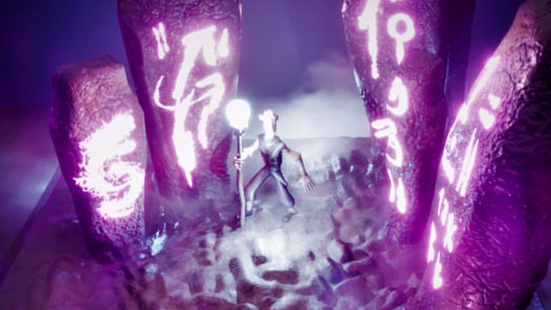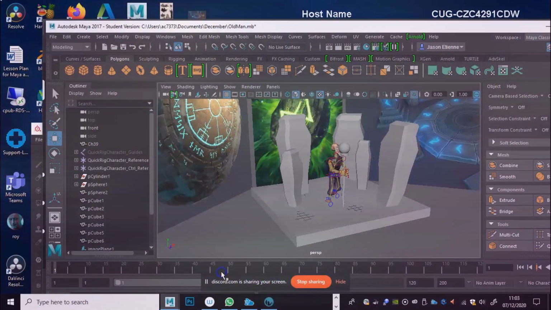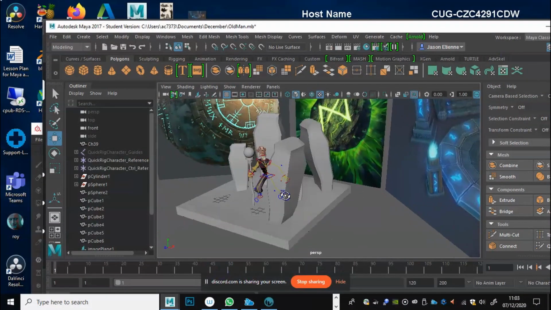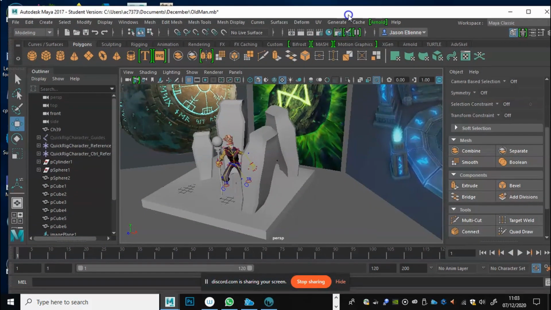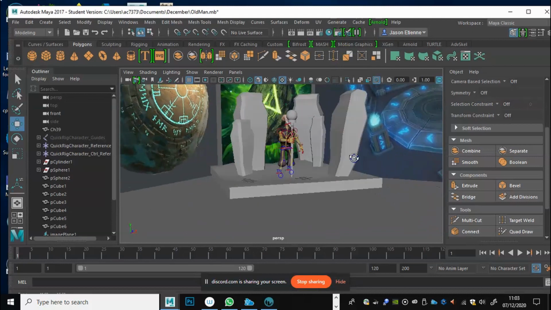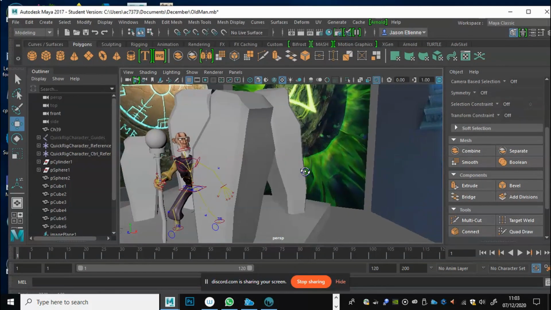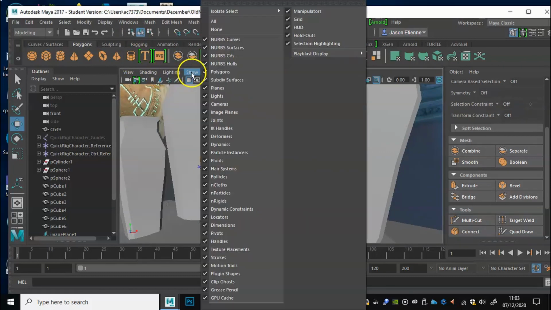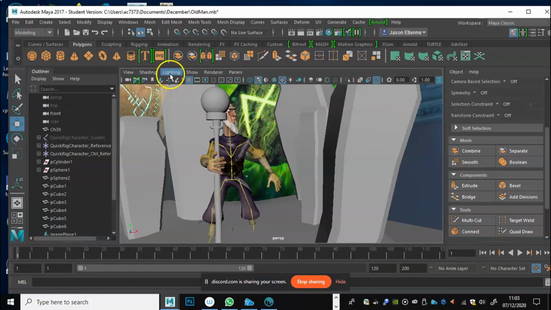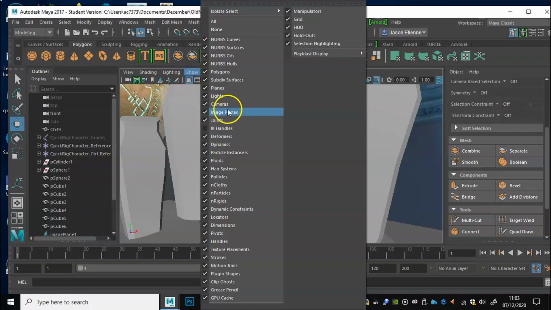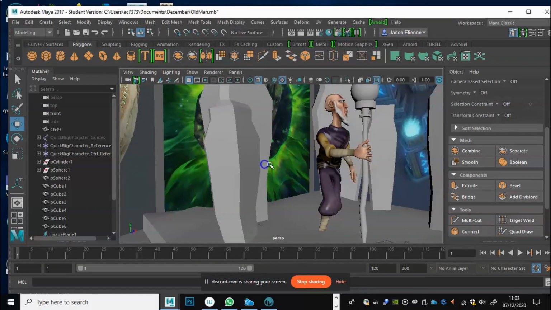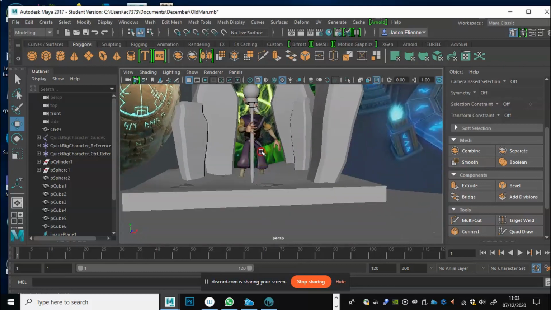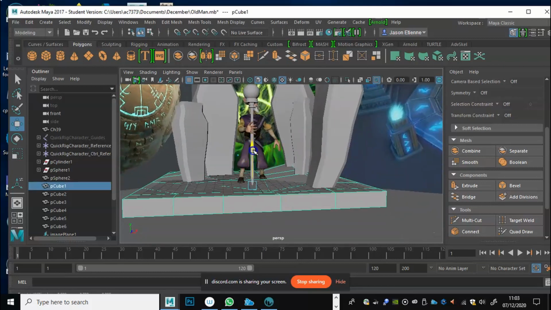The main aim of this session this morning was I was going to take a little scene, as you can see here. Just turn the old music down there. So I've got this little scene going on here with this character. Let me just turn off the controllers, and I'll turn off the joints as well. There we go. So I'm going to have this little Gandalf-y type character